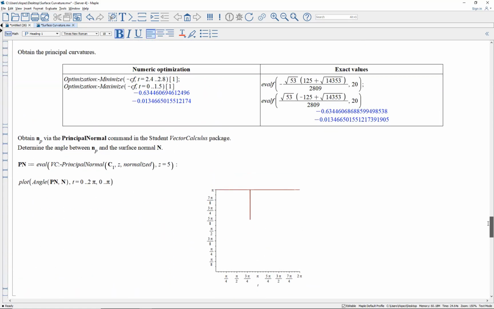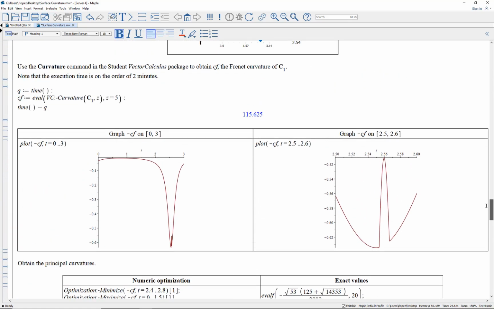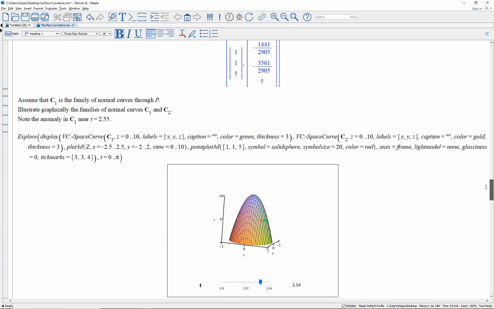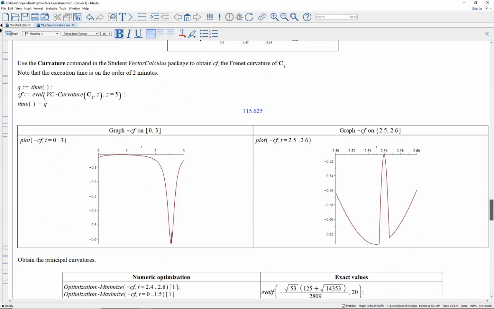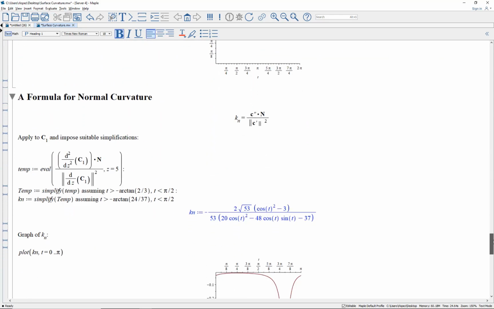If you go back here to where we obtained that, you can see why. It depends on z. This has x, y, z in it. This has x, y, z in it. I solve for x and y, so what's left? X and y are a function of z, so the curves C1 and C2 are parametrized by the parameter z. Okay, so